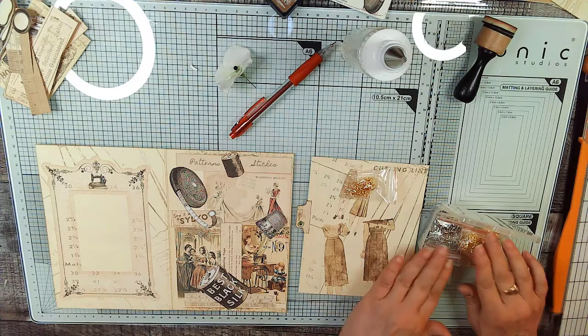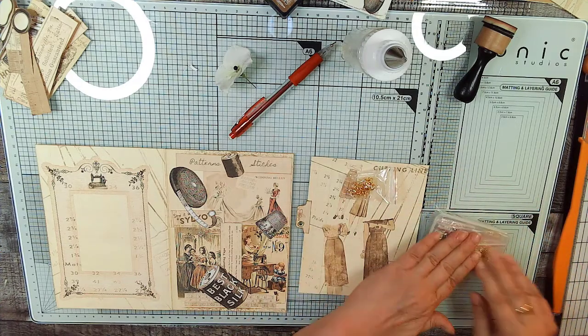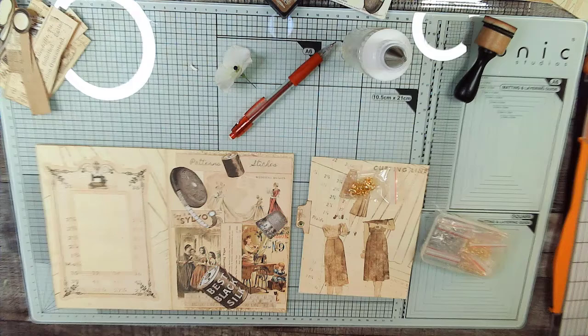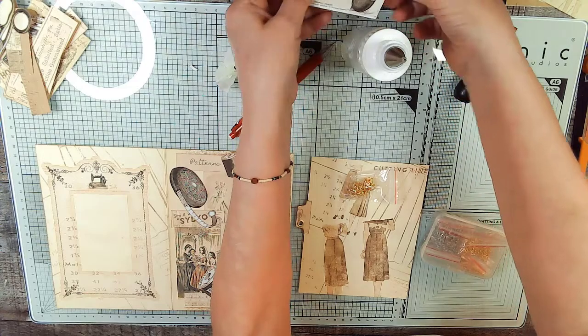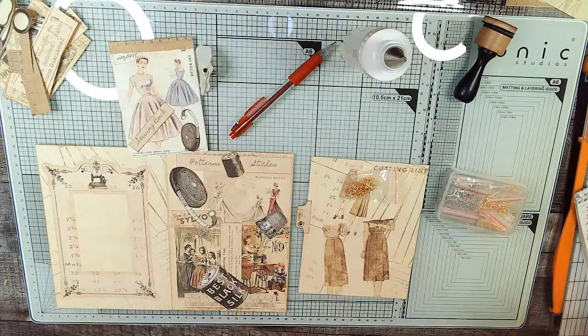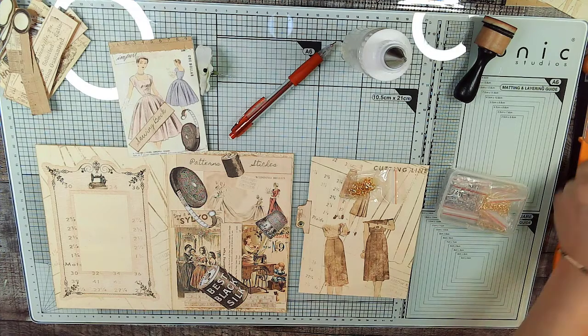This is a little kit that I got on either Amazon or AliExpress. I don't remember which. Let me write it down on here. So if it is on Amazon, this little kit, then I can give you the link so you can go right to it. Okay,